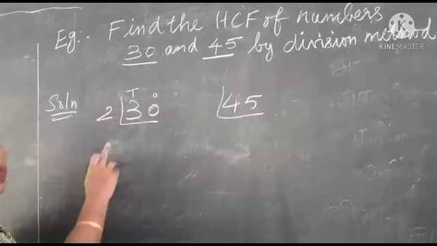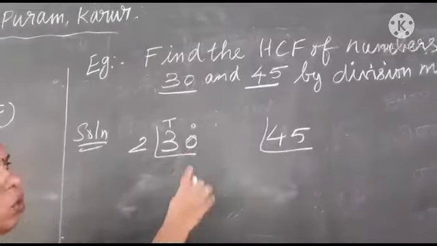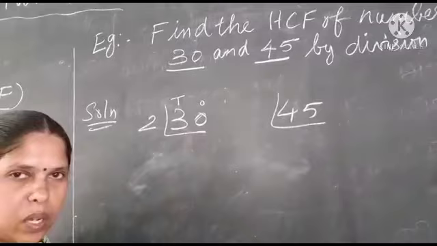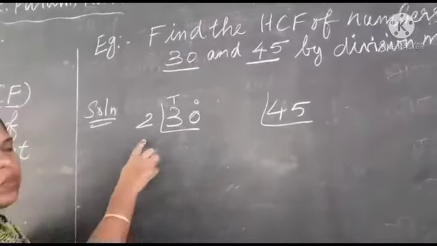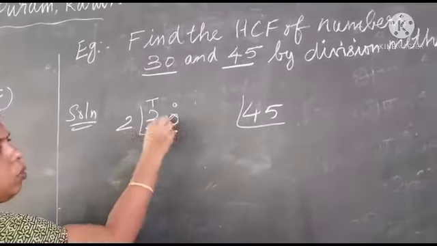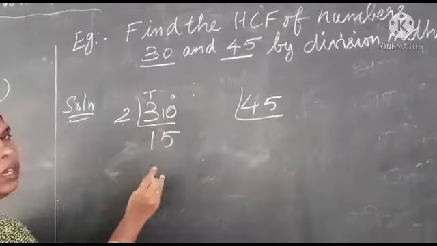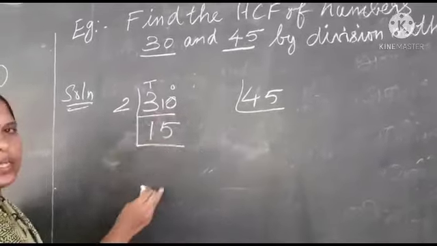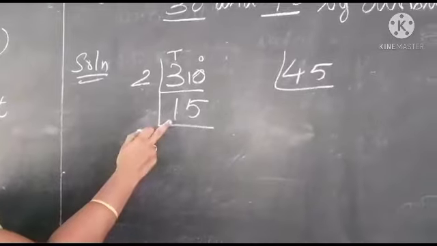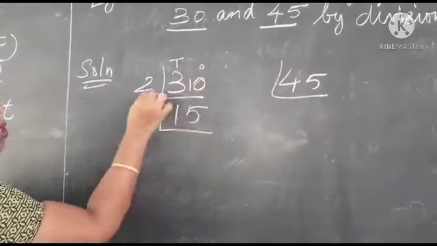You find out the factor by using the test of divisibility rules. The ones place number is an even number, so we take the factor 2. How many 2's are there? 1 2's are 2, remaining 1, again 10. 5 2's are 10, so 15. Next, again do the process. 1 2's are 2, remaining 1, and then 5 2's are 10.